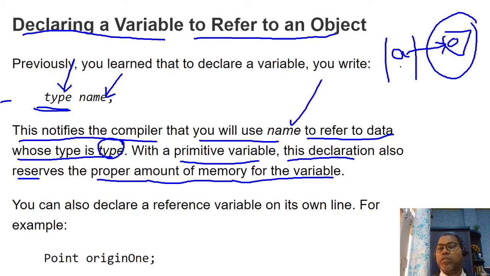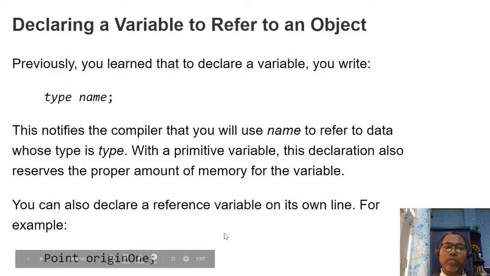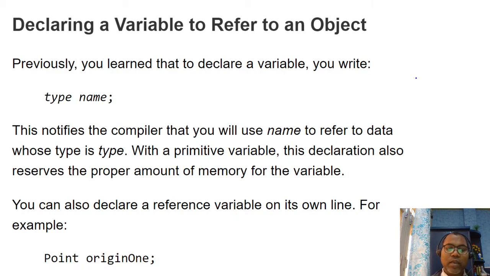So this is the reference variable, an object reference variable that holds the reference of an object that is created inside your heap memory. You can also declare and initialize in two steps: first declare, then initialize. Here, first I'm declaring a variable origin, the data type would be Point, and later you can initialize this origin with the new keyword to assign a value.